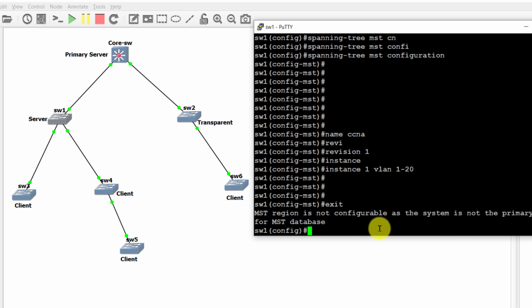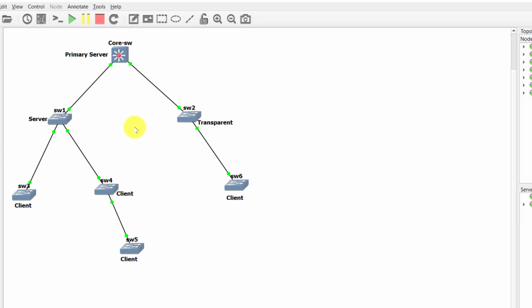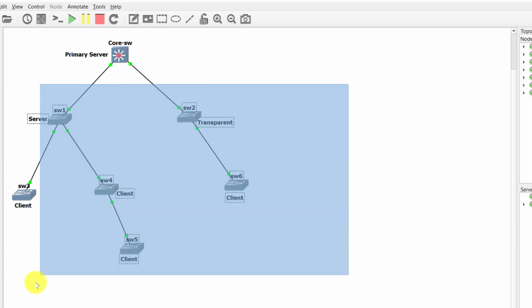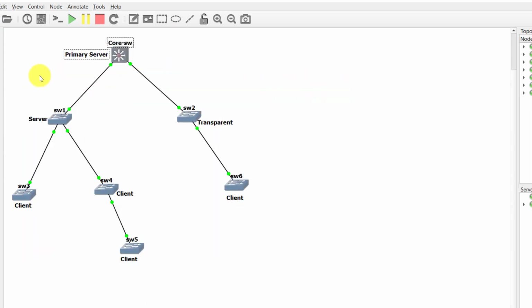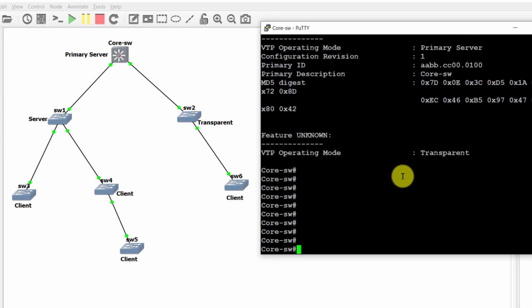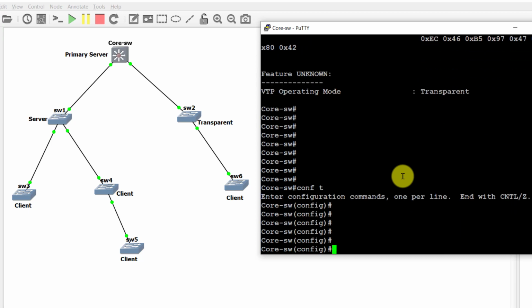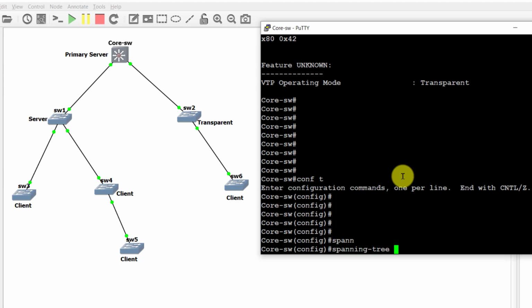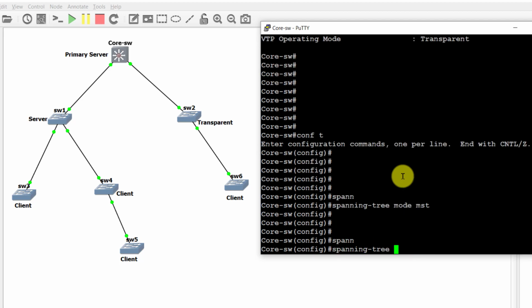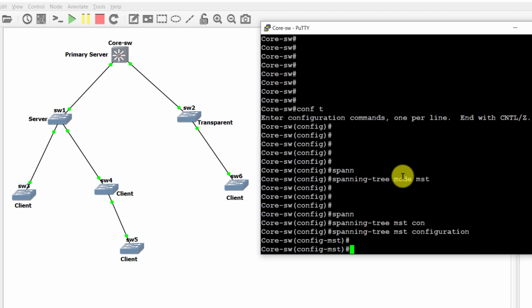So we cannot change anything in MST in other switches but the primary. It is very great for security because nobody can change anything in other switches but the primary server. It's very good for security. So we're going to the primary server, and here going to configuration and do the same as we did in the previous video for configuring MST, mode MST with spanning-tree mst configuration, and then name